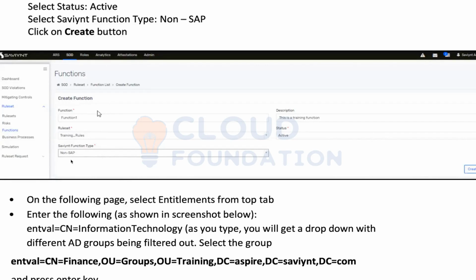SAP is a supply chain application. There is Oracle, which works on different functionalities for an enterprise, right? These applications are not used by you and me. They are used by the people who are working on different tasks within an enterprise. These are called enterprise applications. The applications that we are dealing with right now, like Active Directory, are not enterprise applications. We will call it non-SAP. Everything which is not SAP or Oracle is non-SAP Oracle, obviously, right?